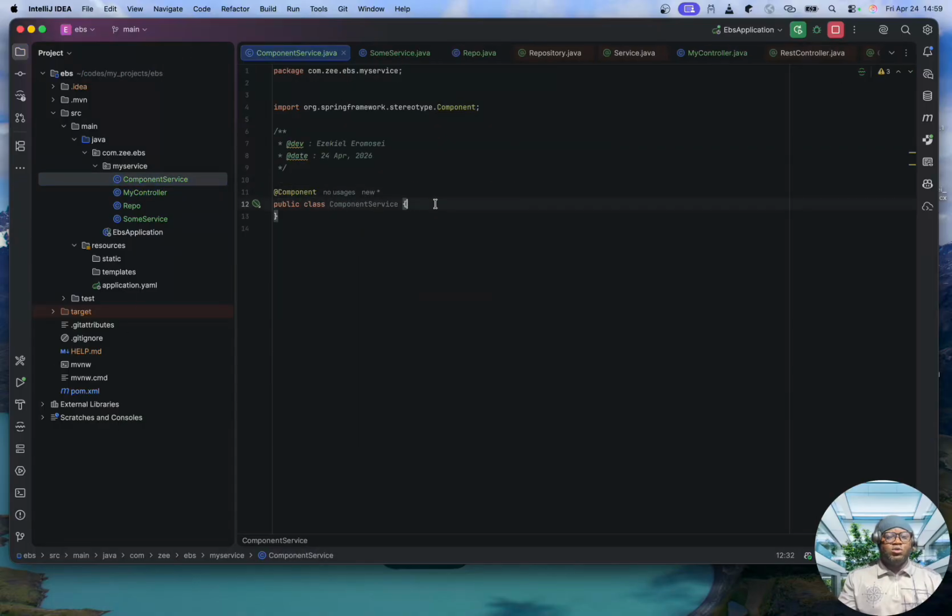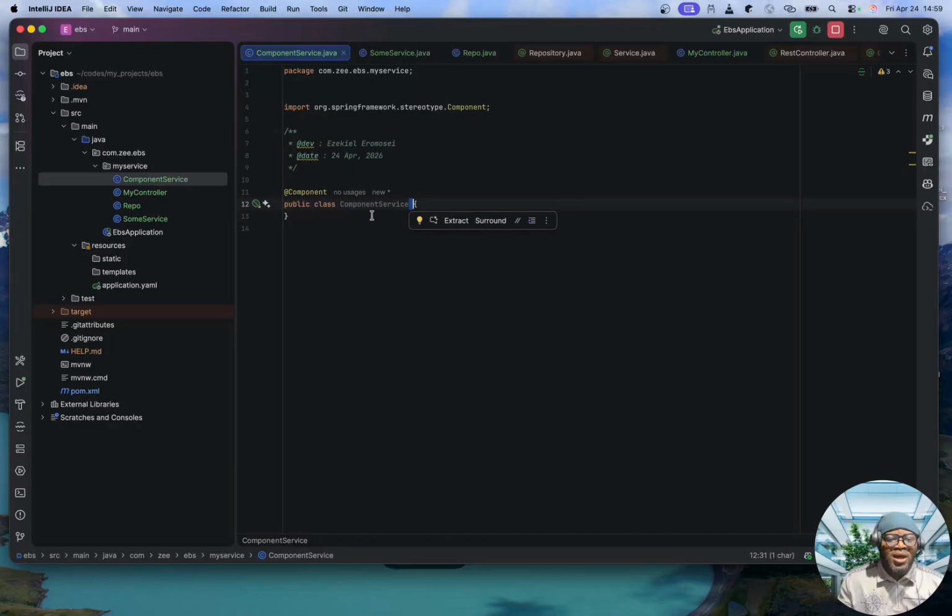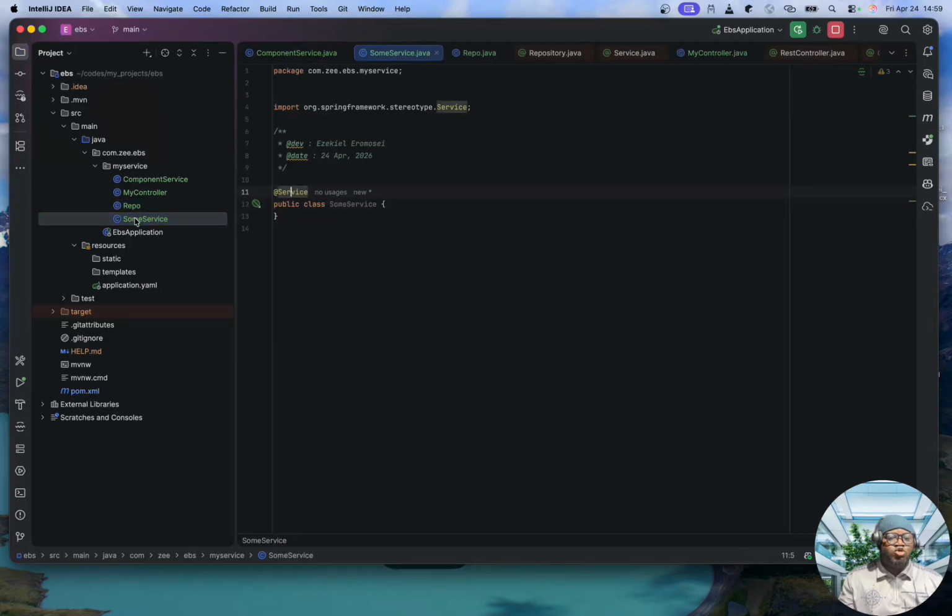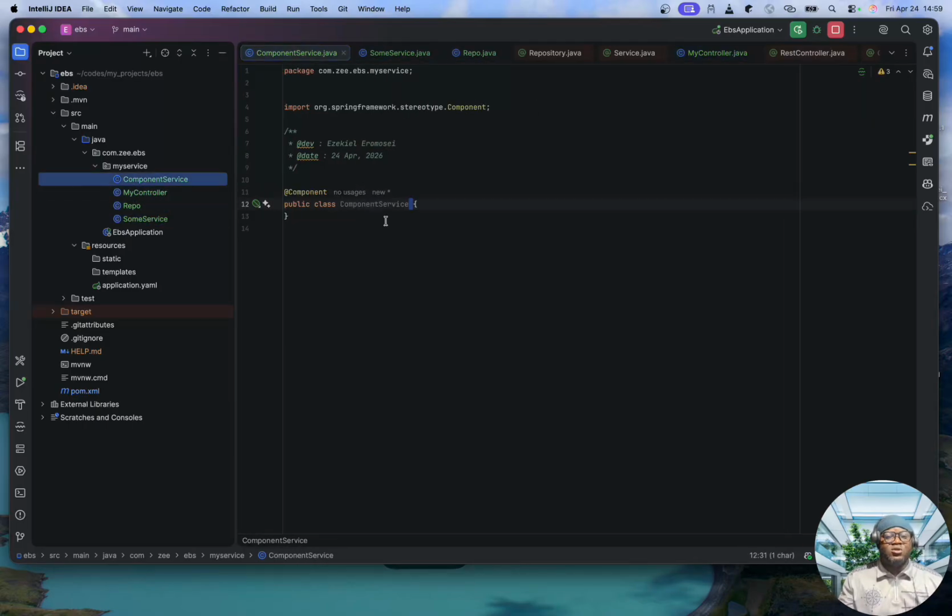So what I'm going to do is create a service in here. Now, there is something called the command line runner. I'm going to extend the command line runner to be able to just post some init message, so that I don't have to create a controller to make a call to the service and the likes. For the component, I'm just going to major on this. I've already been able to prove that this is a component, this is a component, this is a component, and it's a component. So within this component, let me just implement